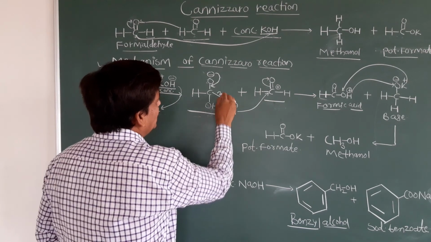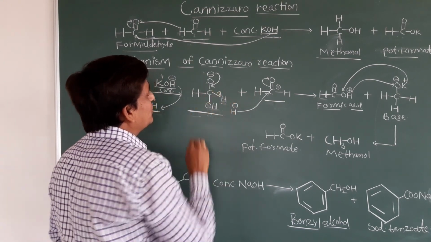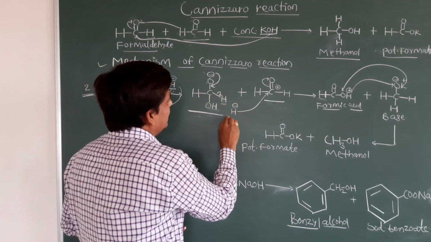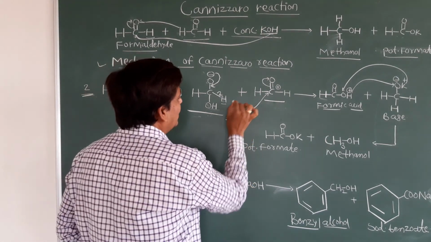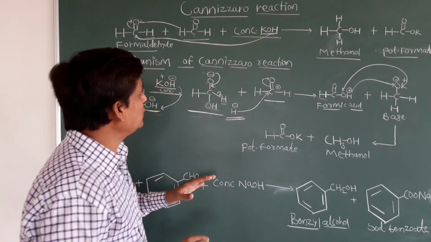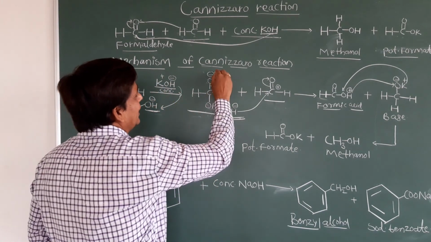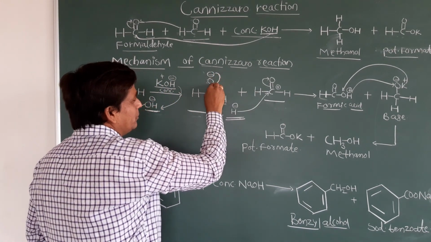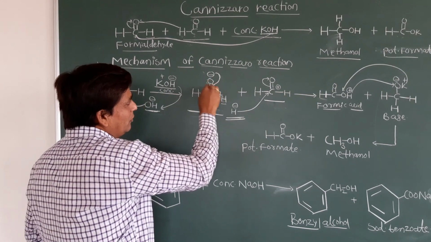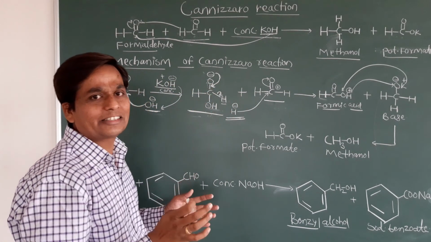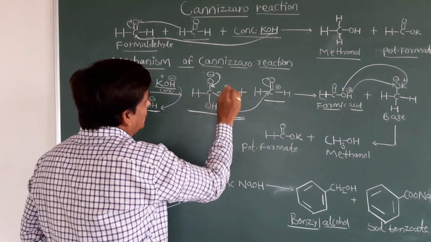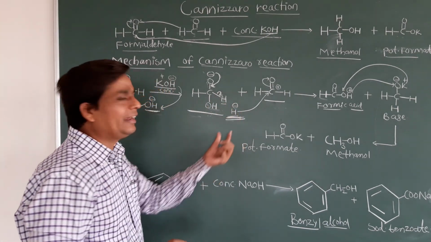So obviously, this hydrogen bond will break from here and release the hydride ion, H minus ion. This is nothing but hydride ions. Now clear, students? So the bond will back like this, O minus will shift, meaning 2 electrons will shift, then the double bond will come. When the double bond comes, obviously this bond will break because it is unstable. So this bond will break and release the hydride ion, H minus.